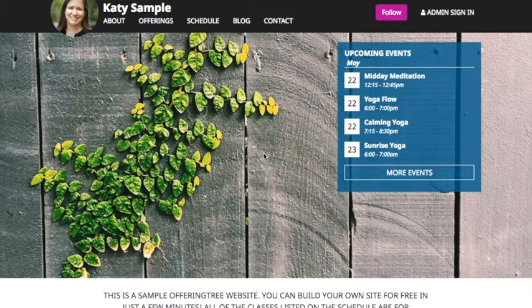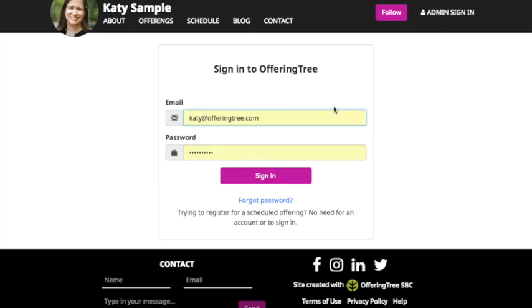This tutorial video will give you an overview of OfferingTree's features. What you'll notice is that on your home page, this is the publicly facing OfferingTree page that your clients or students can see. You'll notice that at the top right there is an admin sign-in button. If you click on this admin sign-in button, this will take you into the back end of your OfferingTree site